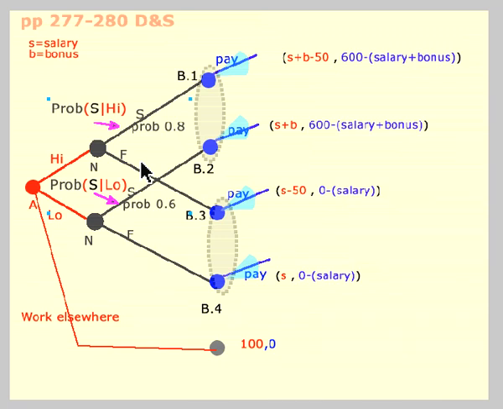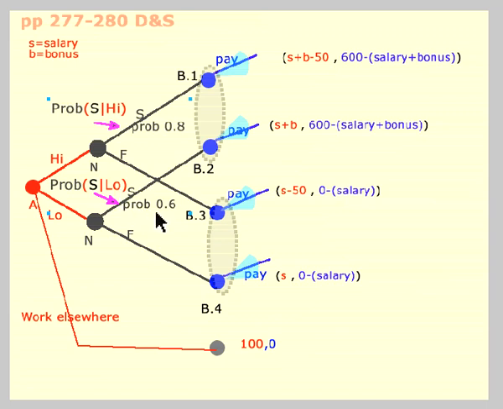So in this game, we're thinking we don't know whether the project's going to be successful or not. There are lots of outside things that can happen. If the employee works pretty hard, using our language from before, we'd say the probability of success, given they work hard, we're going to put as 0.8. Okay, we're just going to use the number 0.8, but it's going to stand for that uncertainty about whether it's going to be a success or not, and that's going to depend upon the employee's effort, high or low.